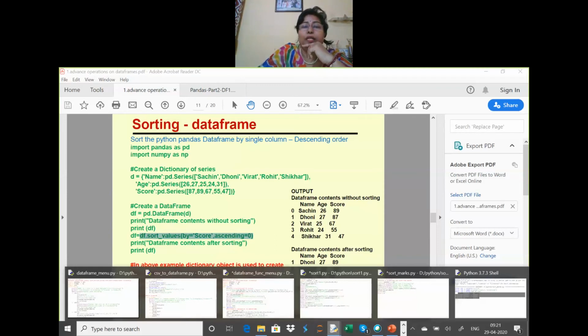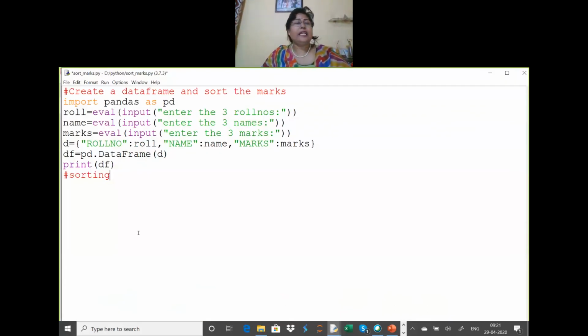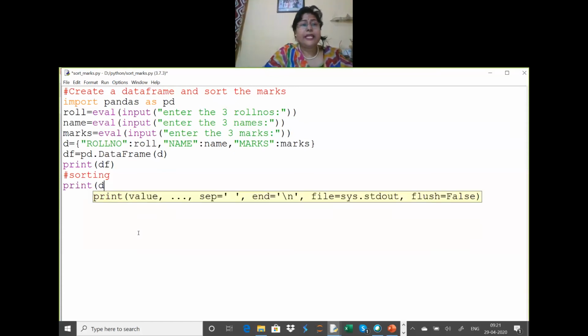Now you will open here. Your program was sort marks. So we are doing sorting in ascending order. For ascending order, you can directly write print, and then the name of the data frame is df dot sort_values, then in brackets the column name marks.